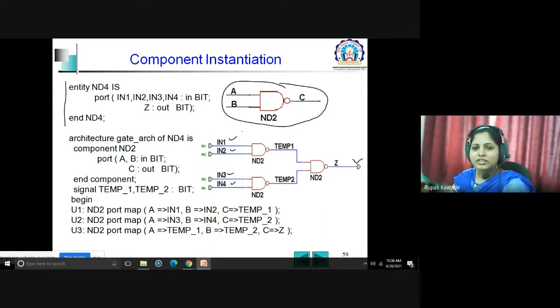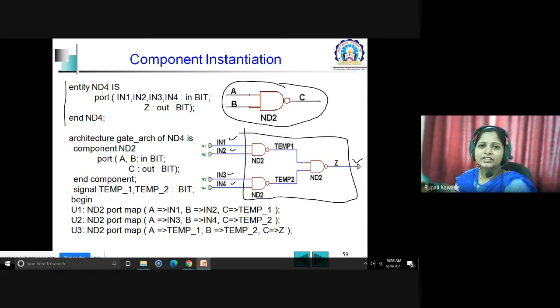Fine. So in this particular structure, what is there inside this block? We have three NAND gates, right? All of these three NAND gates have two inputs and one output. If you have to write this using a structural modeling style, you will have a precompiled entity architecture pair for your NAND gate, and you will simply interconnect those three NAND gates together. And that will form your new design, which has four inputs and one output.